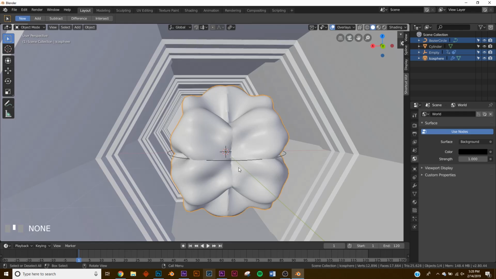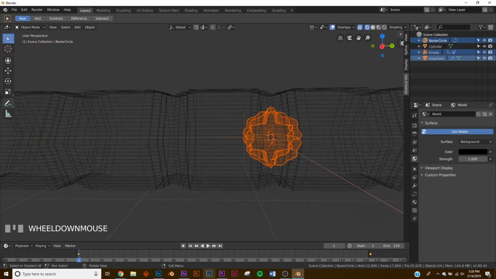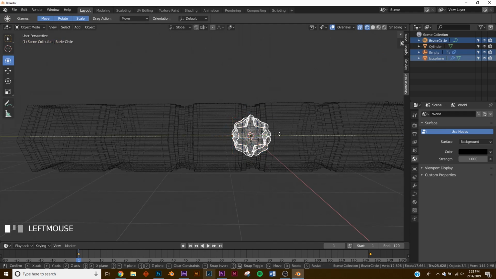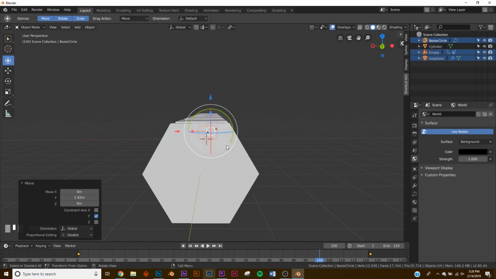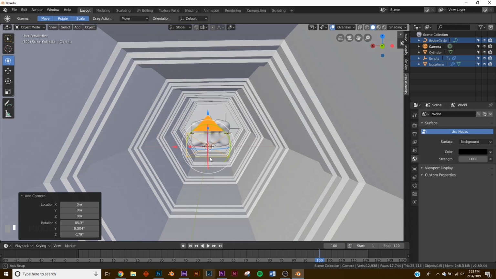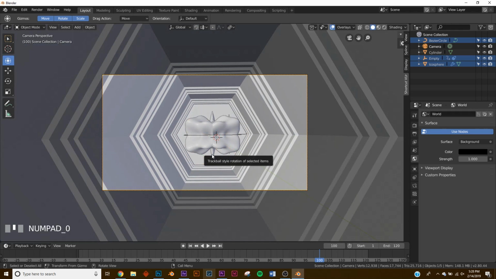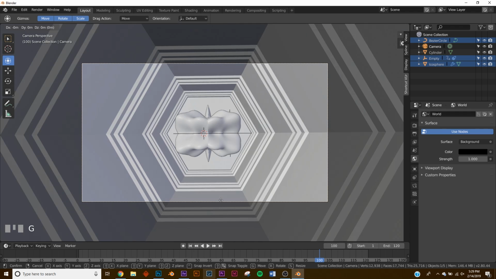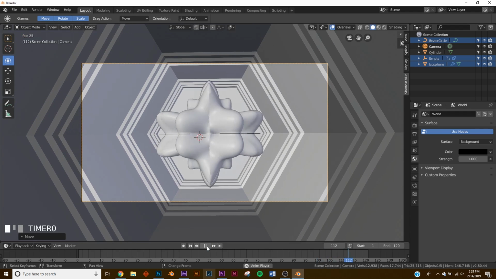All right, I want to send it back a little bit, so I'm going to go to the wireframe view so I can see what's going on, and then click the icosphere, empty, and Bezier circle. And we're just going to send them back a little bit. Right about to there. All right, let's quickly add our camera. So go to your camera here, go back to the view you want, try to be in the very middle, then Control Alt 0, snap the camera to view. I'm going to hit G and then middle click, and then I'm just going to bring it so that it fills the camera on our object here.